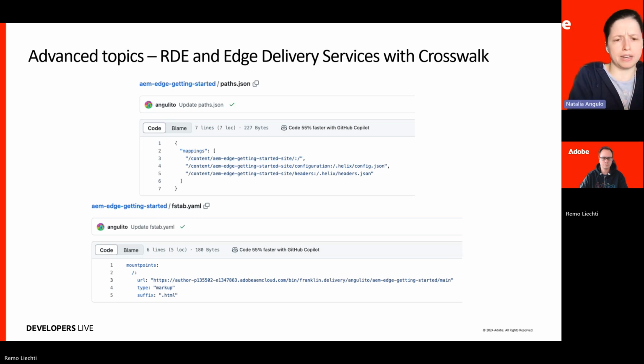And also the fstab file, YAML file, pointing to the other instance, right? Because you can see there is my program ID and my environment ID pointing to the right instance. So you configure all of this following the tutorial again. And then if we go next,